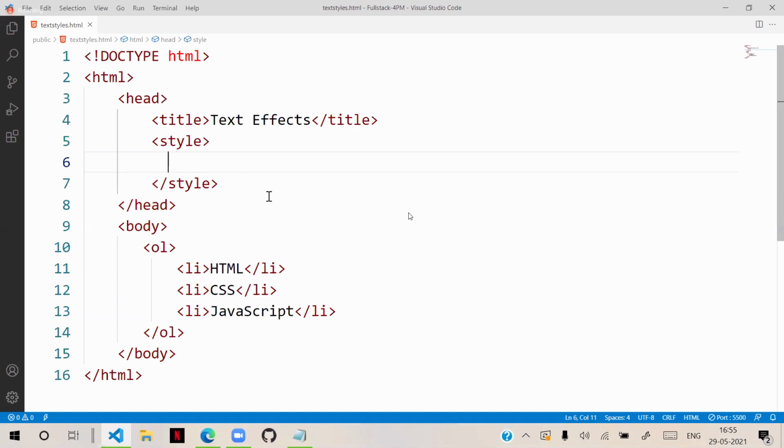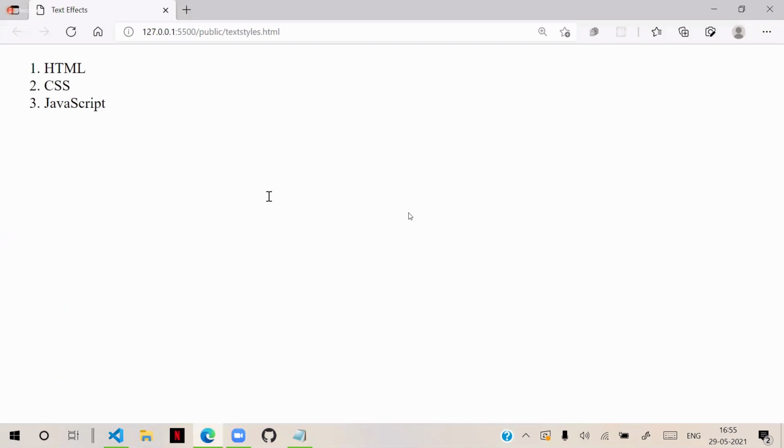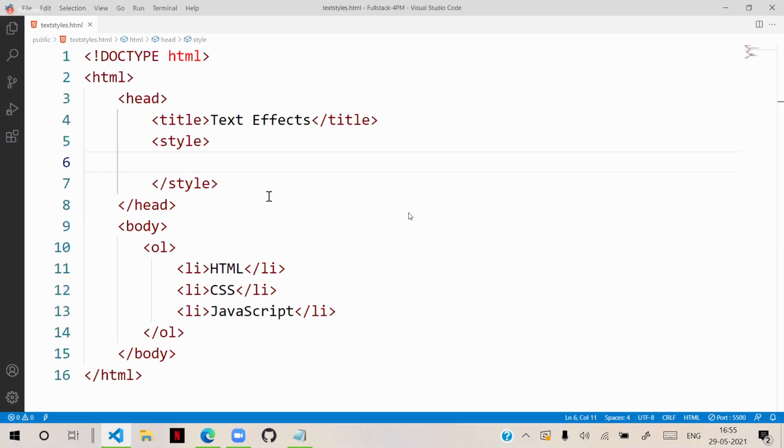By default, we have ordered 1, 2, 3, 4 numbering because it is an ordered list. Even so, we can change it to numbers or symbols, because we already learned we have an attribute called type that changes the number type.